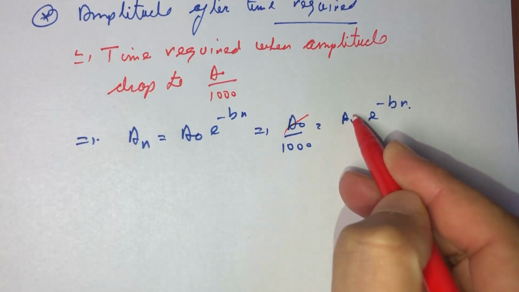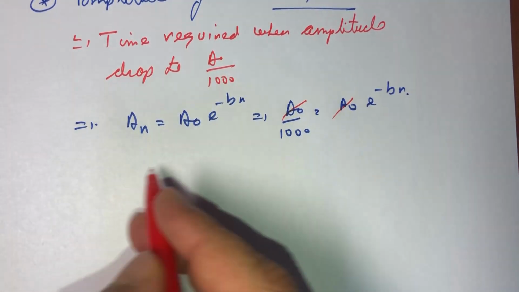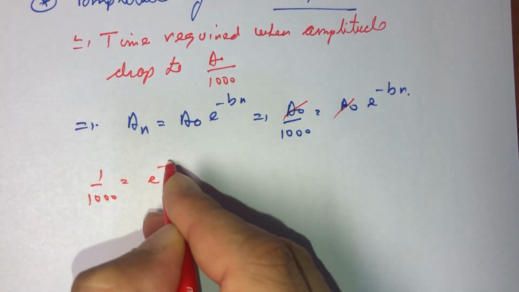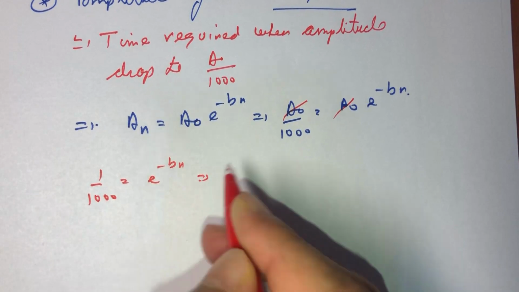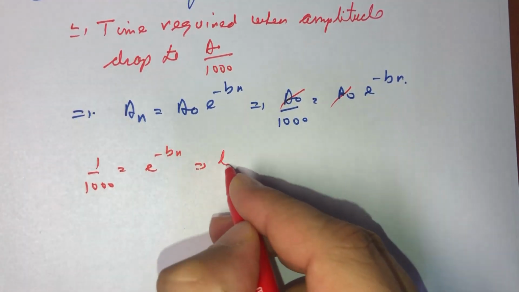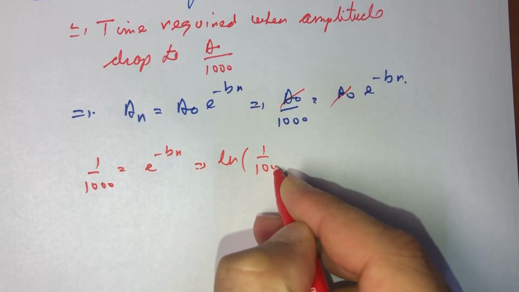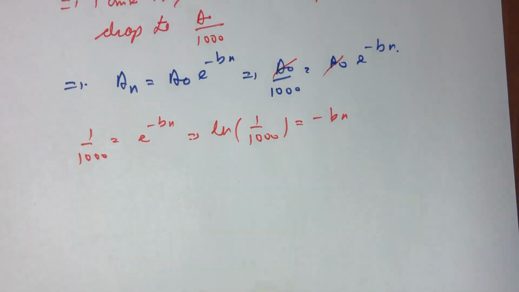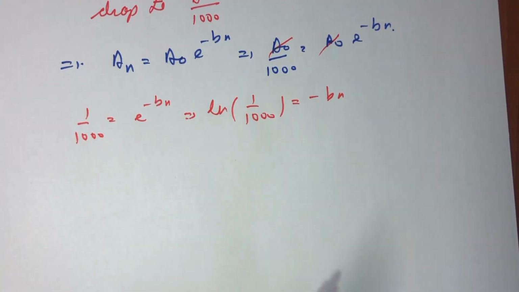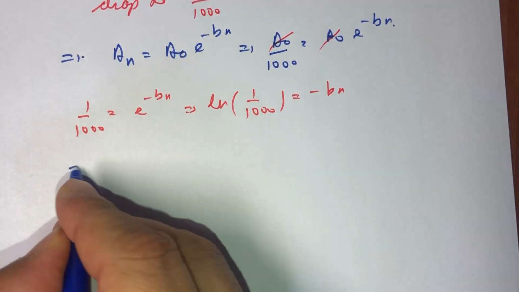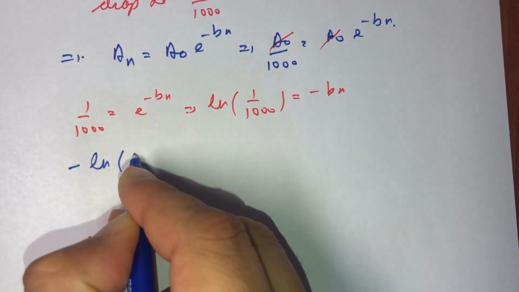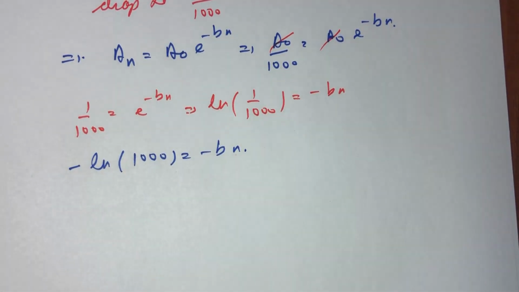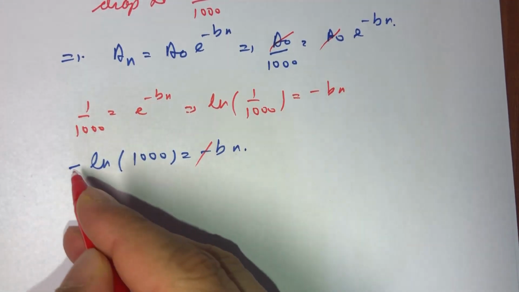Once again A naught and A naught cancel out, so we are left with 1 over 1000 is equal to e raised to power minus bn, and taking natural log both sides, we get ln of 1 upon 1000 is equal to minus bn, and this becomes minus ln 1000 is equal to minus bn,